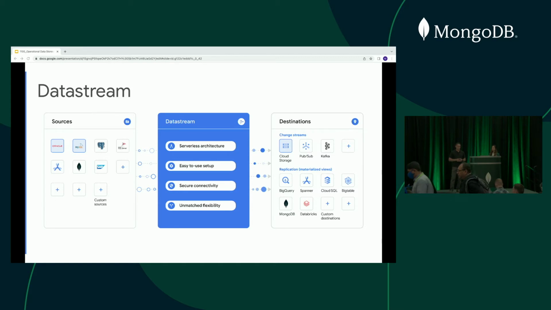Looking at the sources on the left-hand side, we currently support MySQL and Oracle. Postgres is coming a little bit later this year, followed by SQL Server. We're also working with Spanner, with Cloud SQL, obviously with MongoDB, to add more and more sources. And we're also working on an extensibility framework that allows customers and partners to build their own connectors into the